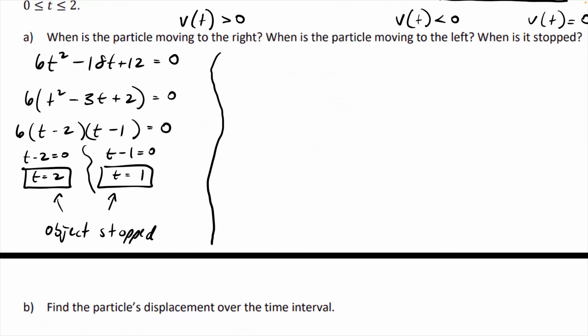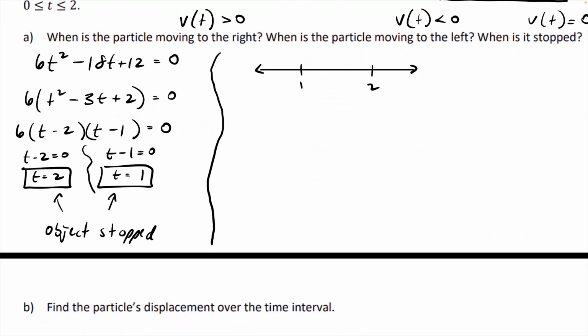Does anyone remember? Find the derivative. We already have the derivative because we have v of t. So you're getting there. There you go, the number line, right? It's the first derivative test, but we didn't have to do the derivative because they already gave us velocity. Okay? So we put the two that we found, the critical values,